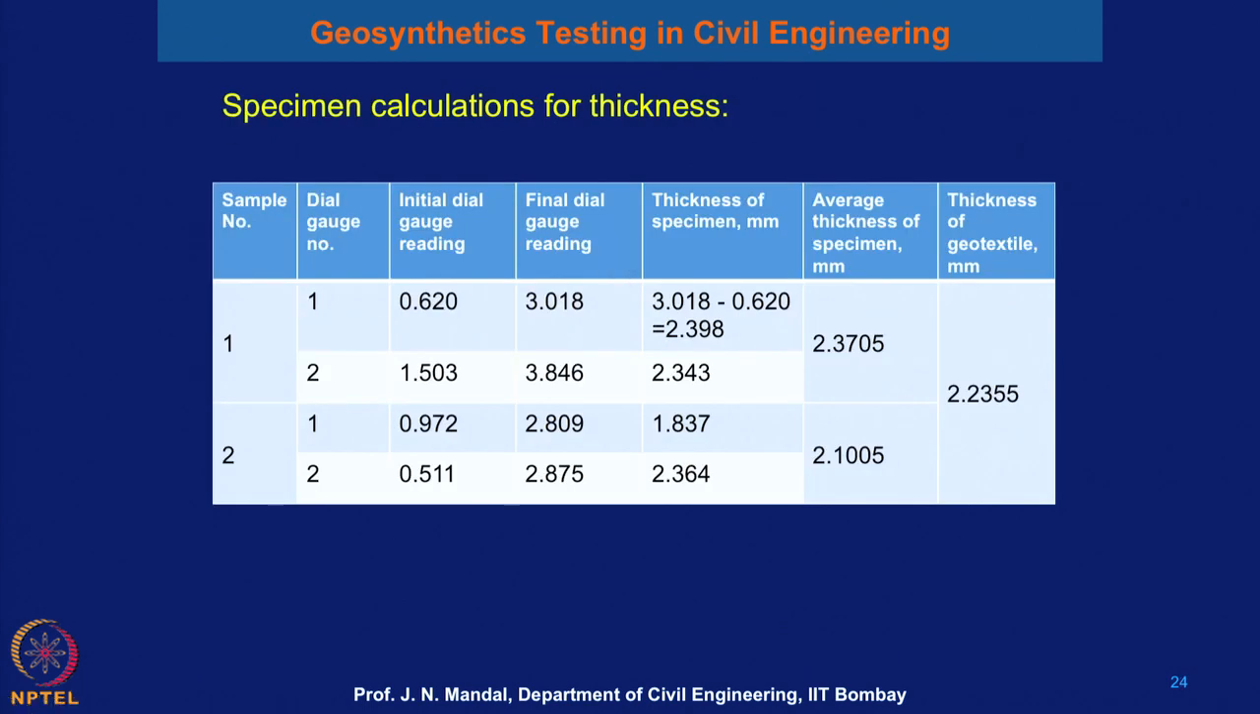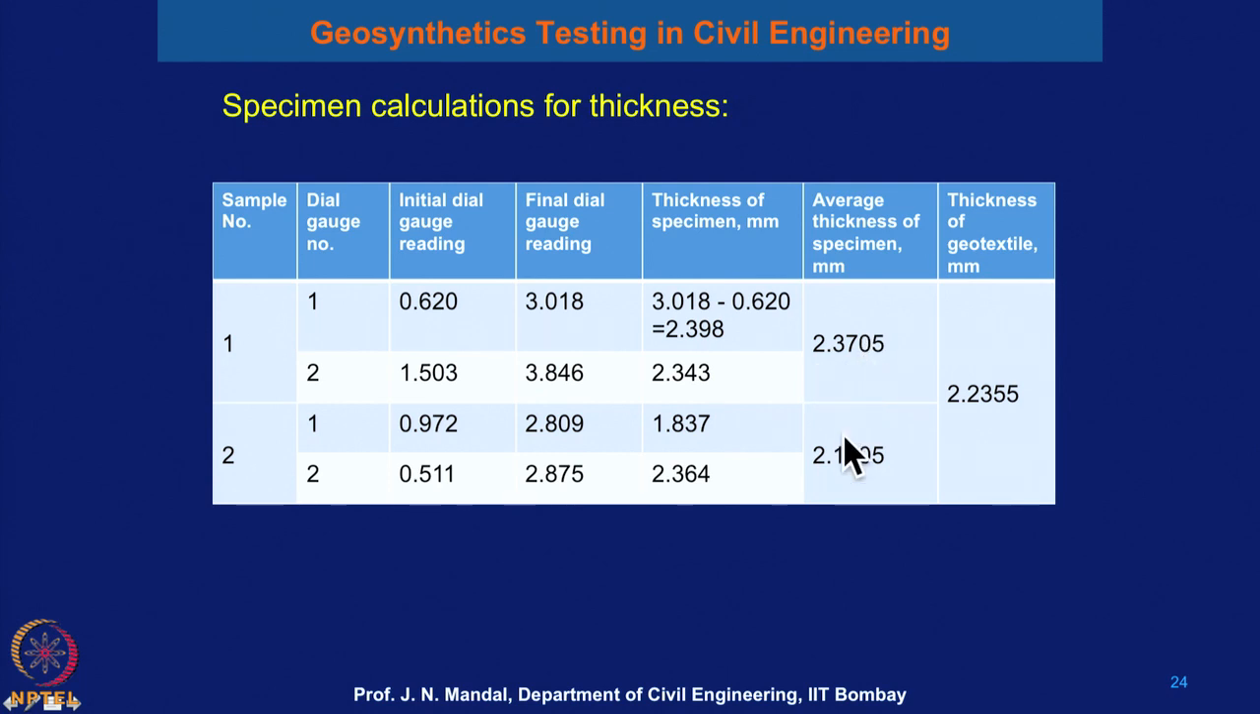So, you can determine what should be the final gauge reading. This is 3.018, 3.846, 2.809, 2.875, and then you determine the thickness of the specimen. So, this minus this is 2.398, this minus this is 2.343, this minus this is 1.837 and this minus this is 2.365. So, the average thickness of the geosynthetic material is